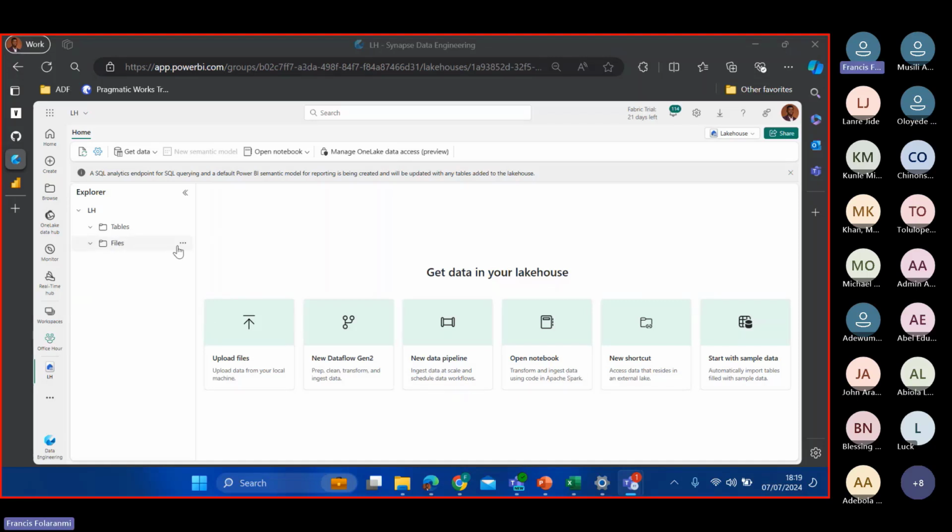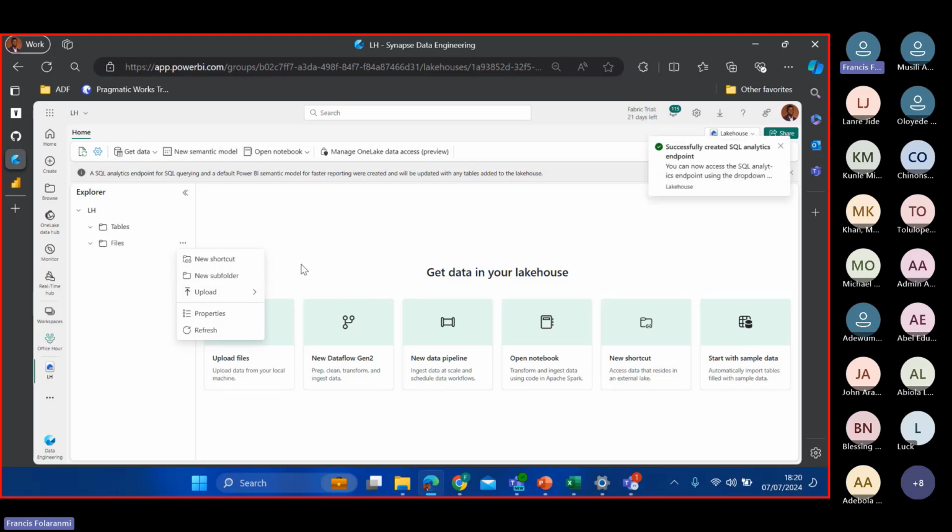I'm going to upload the files that we are going to use for this project here. I'll click on file and then upload. You can either upload right from here, or if you have OneLake Explorer installed on your computer, you can put the files in your local environment, and then it's going to reflect in your lakehouse.